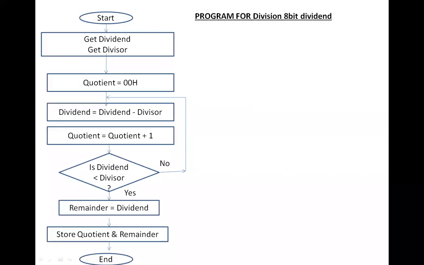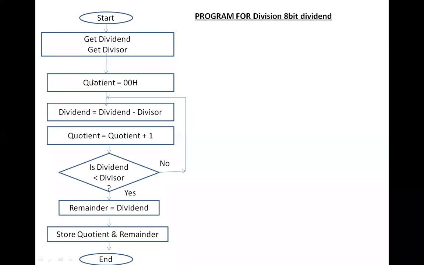Here I'm going to discuss the program for the successive division, which is actually successive subtraction, considering that the dividend is of 8 bits as well as the divisor is also of 8 bits. First of all, we will start the program, try to find out the value of the dividend, try to get the value of the divisor, and then in case of division, we know there is the quotient value, because ultimately we have to find out the quotient value.